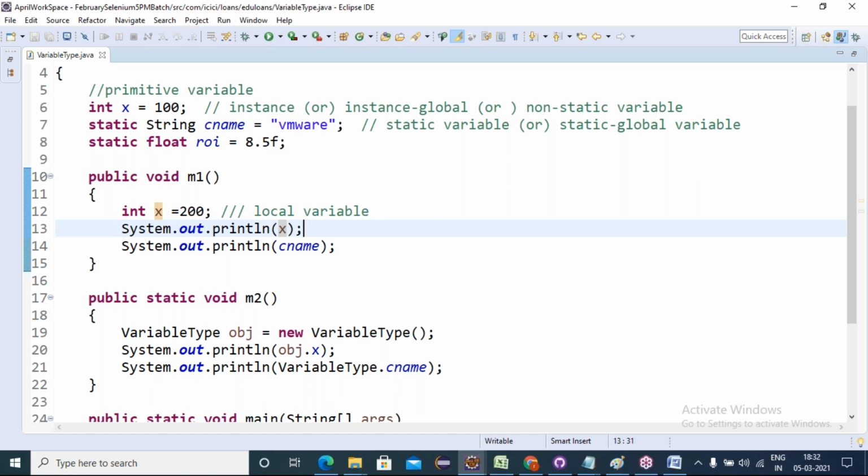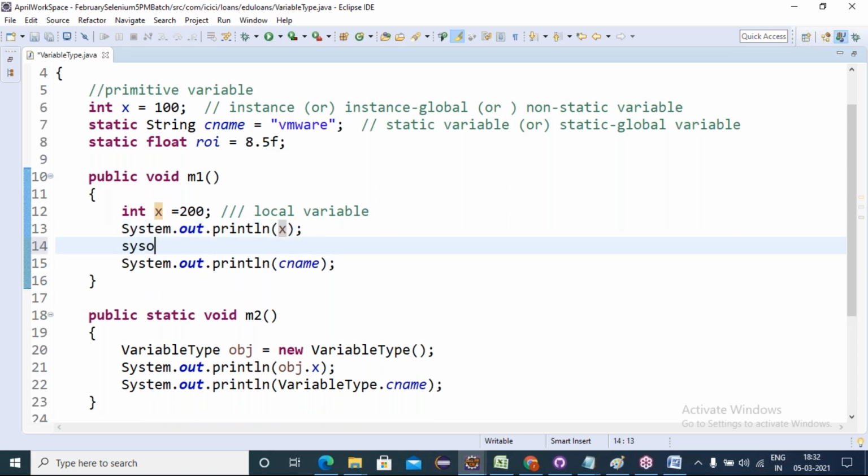Now, friends, instance is there, local is there, and we always prefer the local variable. But still I want to access the instance variable x equal to 100, even though local x is 200. In that case, what will I do? I use the this dot keyword, this dot x. This dot is a keyword which represents the current class instance variables. To call the current class instance variables, we use the this dot keyword.